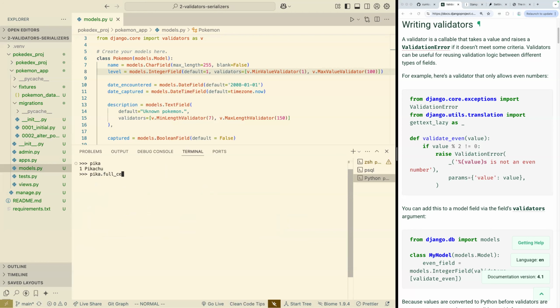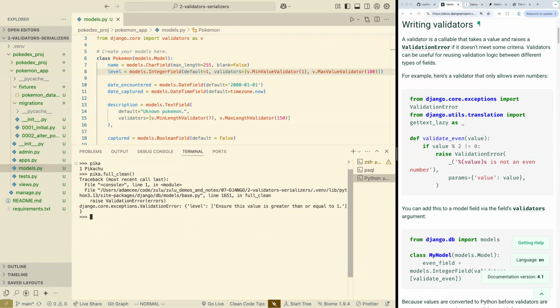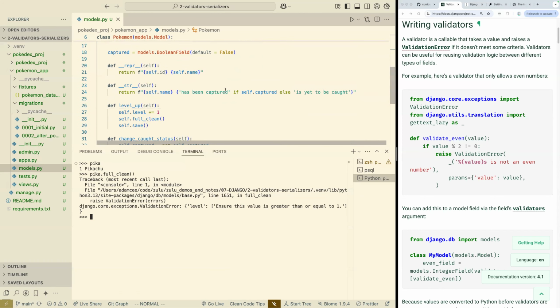When I run this full clean method, it will run all of the validators and it tells us if the data is valid or not. That's the only job of the validator, to run Python code for our Pikachu object saying, is this data valid? It's not the validator's job to keep us from putting bad data in the database,